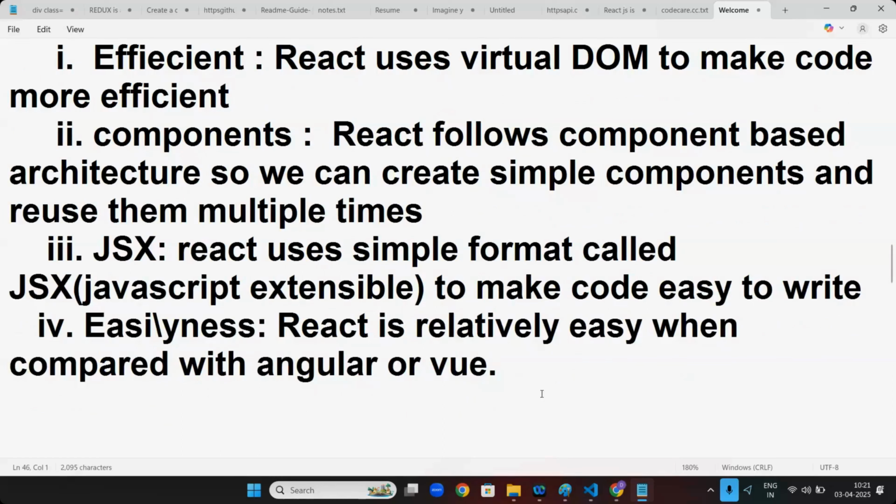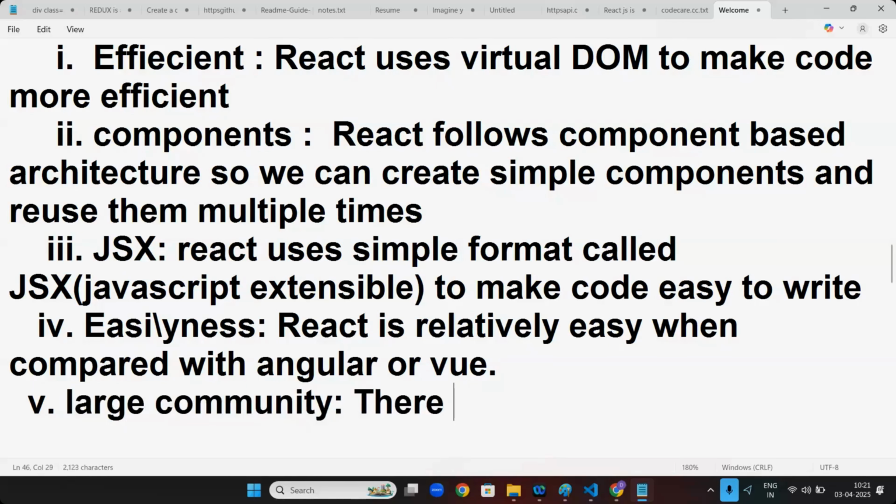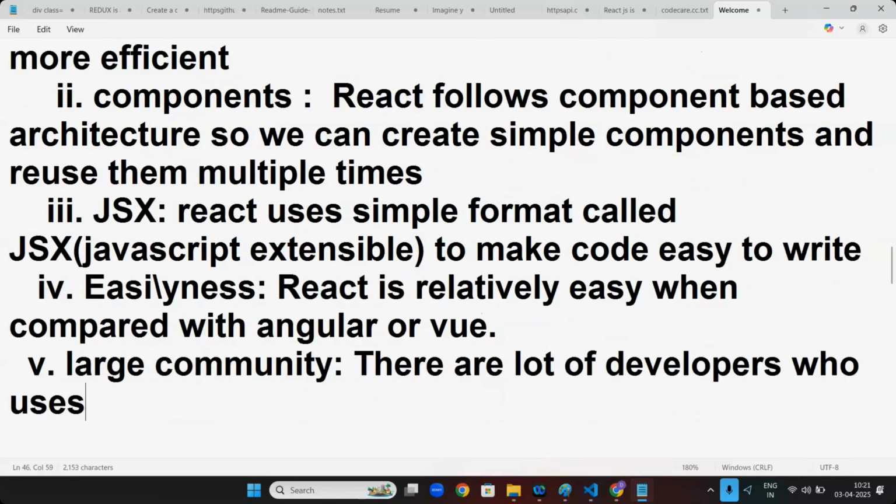Last but not least, large community. There are a lot of developers who use React.